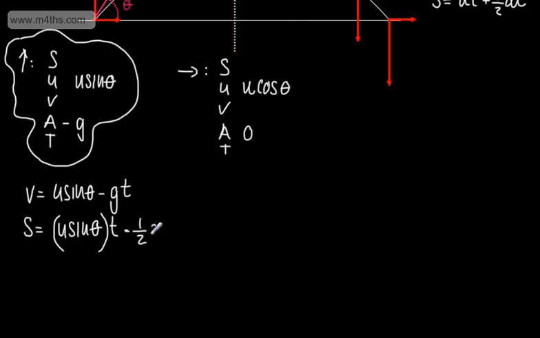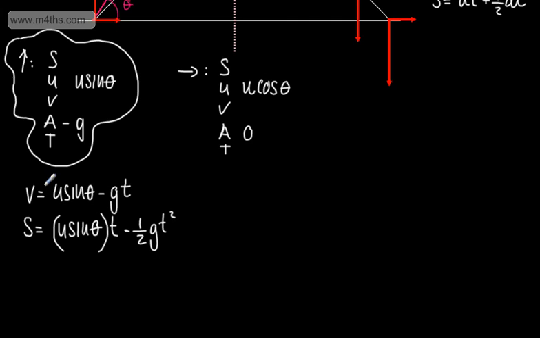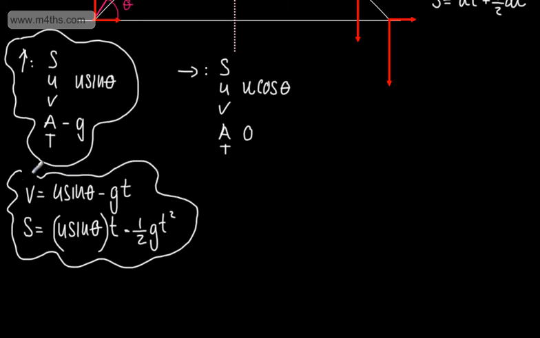So all I'm doing is simply substituting this into the SUVAT equations we've seen in the past. So ut, which is this part, minus 1/2 gt squared. So this gives us now the vertical component of velocity, and this gives us the vertical height. What we're now going to do is look at the SUVAT equations and use these particular ones for the horizontal